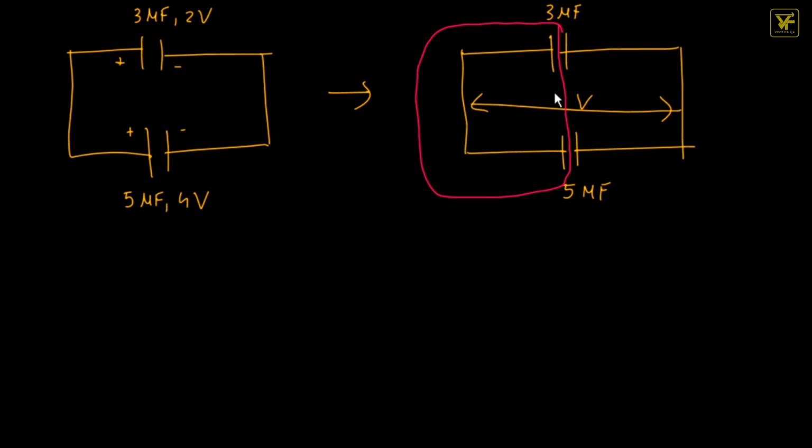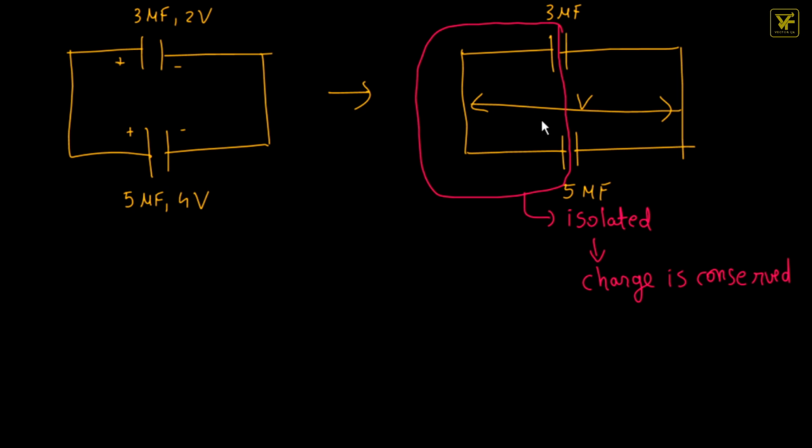Understand how? This capacitor plate and this capacitor plate are not in connection. Okay, there is clearly a gap between them. Similarly, this plate and this plate have a gap between them. So that means this whole circuit on the left hand side is completely isolated from the right hand side. Now the property of an isolated system is that the charges are conserved. The charge cannot fly out from this side and go to that side because there is a gap between them.